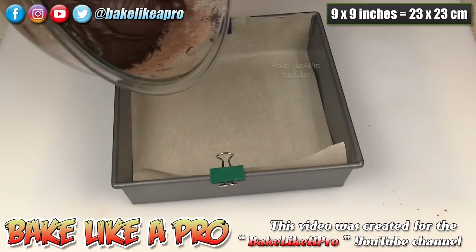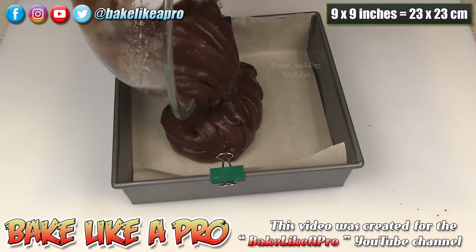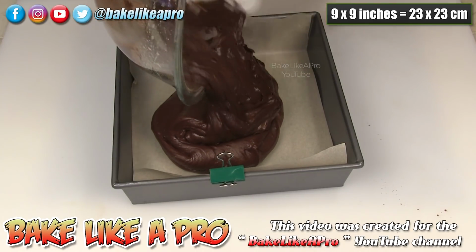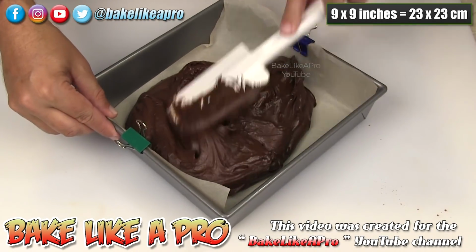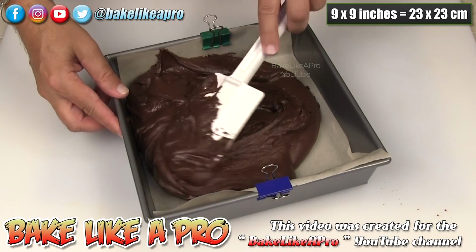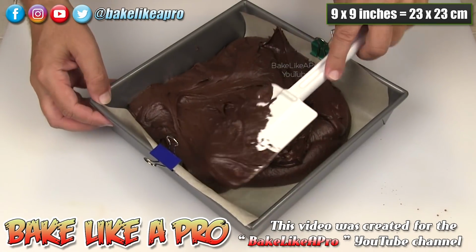Very, very nice. So I'm just going to grab all of this beautiful brownie batter and get that right in here. I wish you could smell this. It smells so good. And there we go. Okay, and then you just want to gently get all of this into the sides. Just use your spatula and gently push it down, and you want to get this kind of even